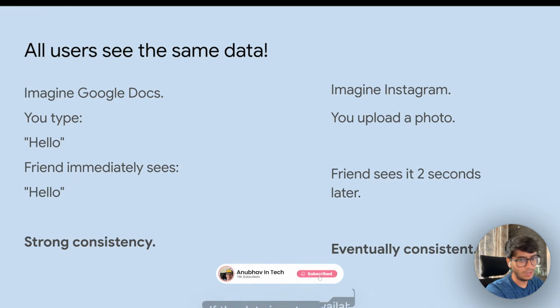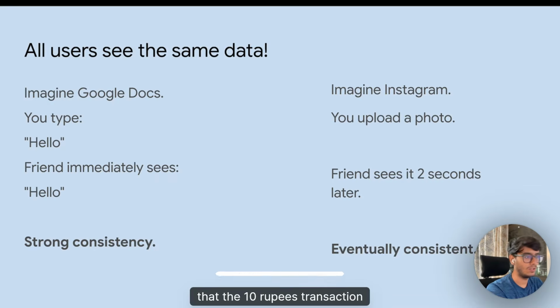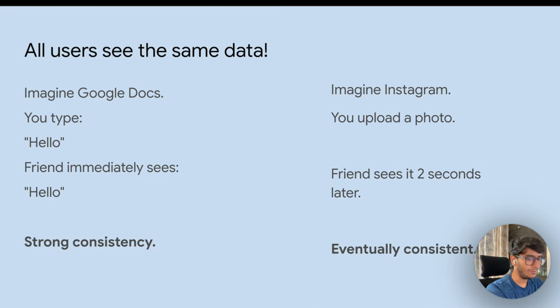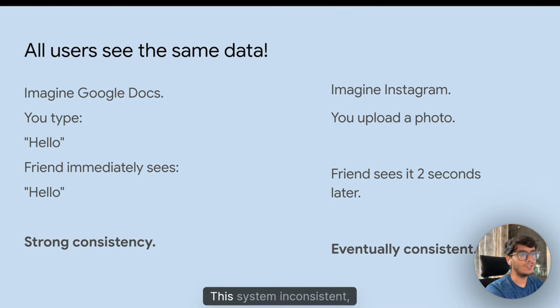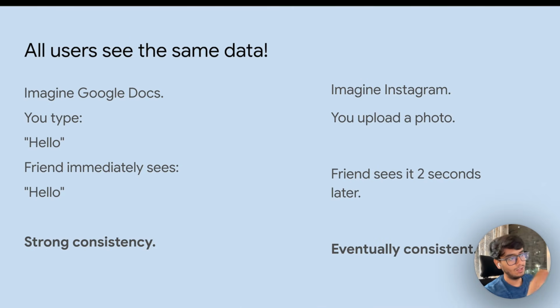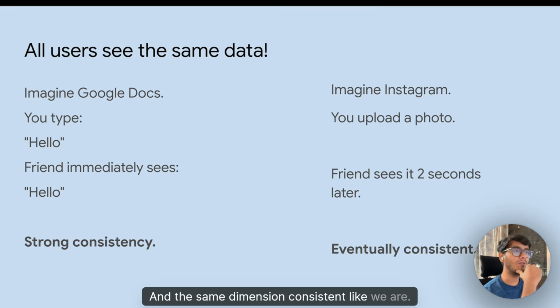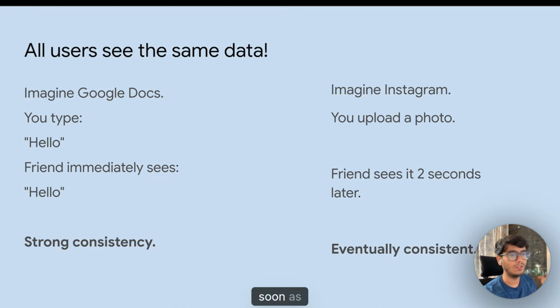If the data is not available in your database, then that 10 rupees transaction, when you try to pay, if it is not available, the system is inconsistent, right? And with eventual consistency, we say we are fine if the data is not available as soon as it was made, I mean, as soon as it was in the database. Okay, so now let's discuss